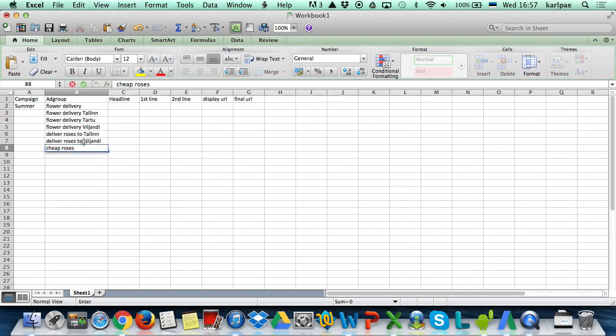Cheap roses. Cheap flower delivery, fast flower delivery. Okay, let's say these are our ad groups, and these are our keywords that we want to